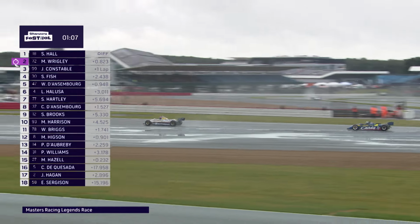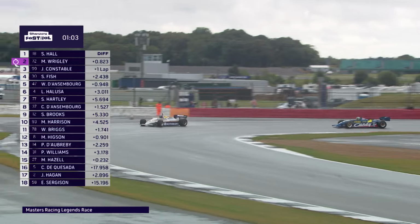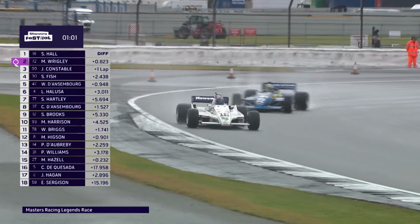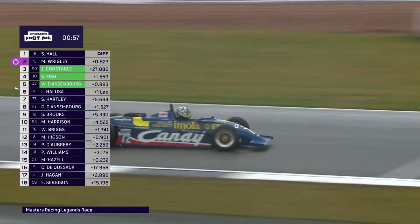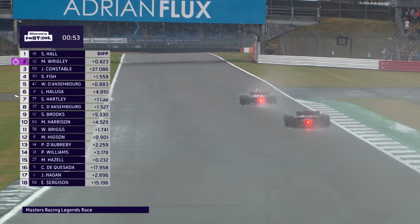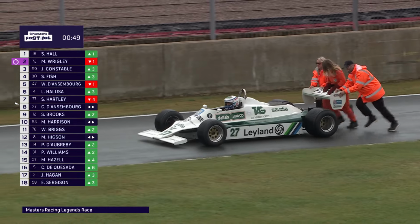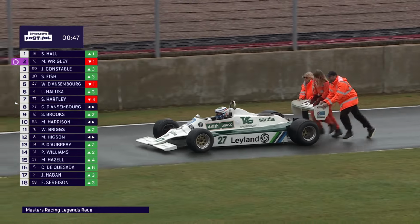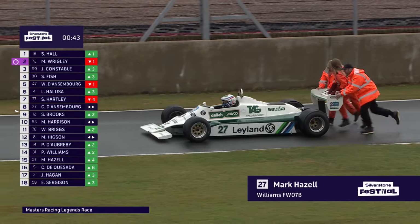But this battle for the lead, Matt Ridley in the blue Candy Tyrrell car number 72, all over the back of Stuart Hall in number 18, the Ram March. Certainly Matt Wrigley has closed up, hasn't he? He set the fastest lap of the race last time around, I think. Yes, it was last time around. So he has improved his time and closed in to within a second of Stuart Hall,